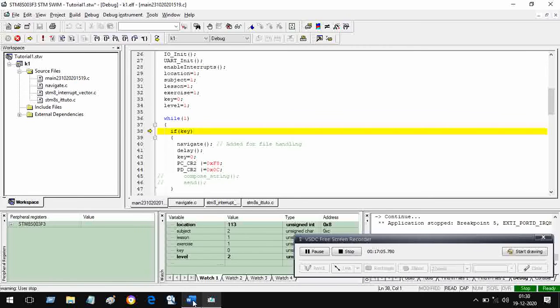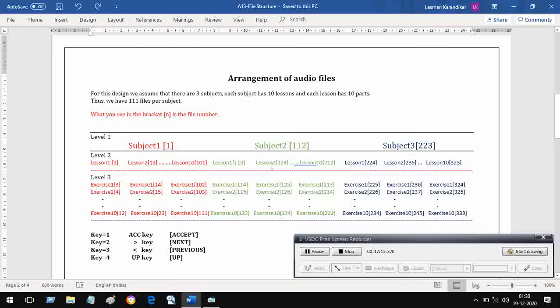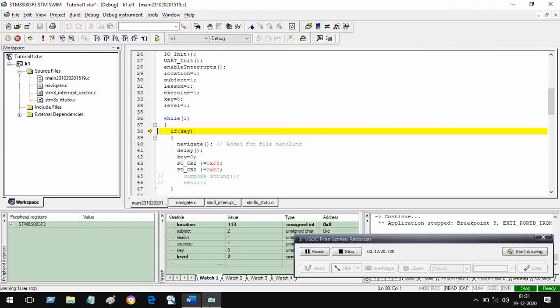Let us verify that. Subject 2, lesson 1, location, that is file address, is 113 and level is 2. Let us check. Level is 2, subject is 2 and address is 113 as we have seen just now.